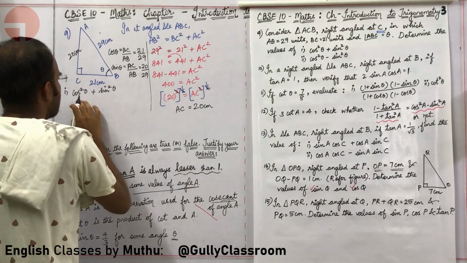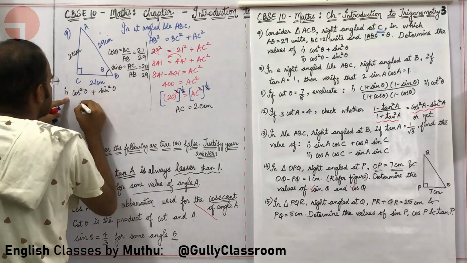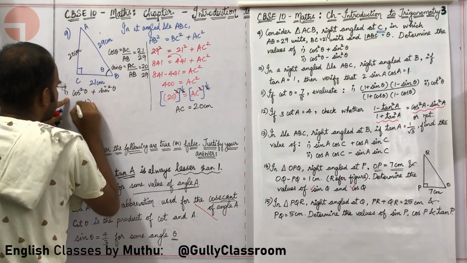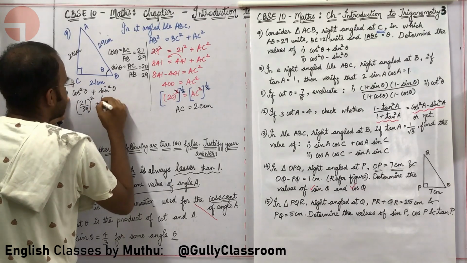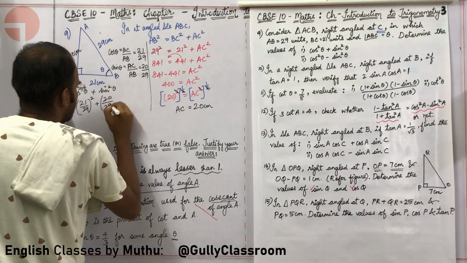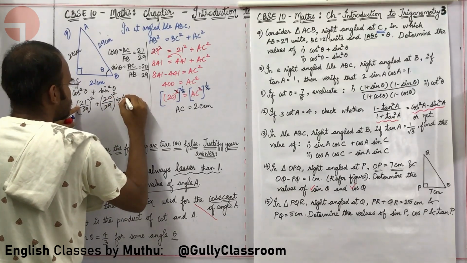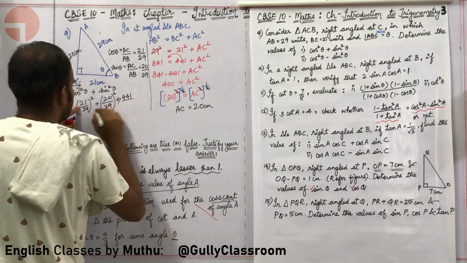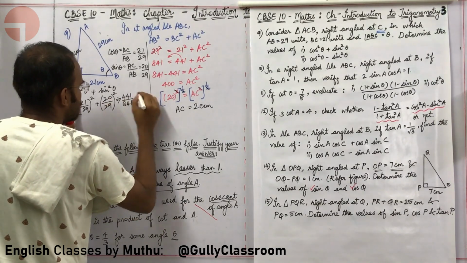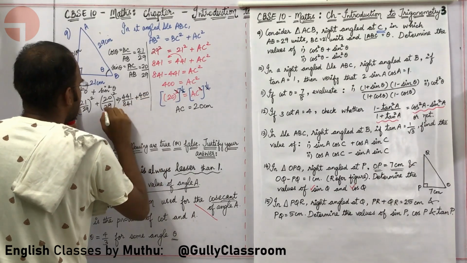What next? I need to substitute these values over here. So cos theta value is 21 divided by 29. Let me put a whole square over here. Sin square theta. What is the value of sin square theta? 20 divided by 29. Let me put a whole square over here. This can be written as 21 square is 441 divided by 29 square is 841, plus once more 20 square is 400 divided by 29